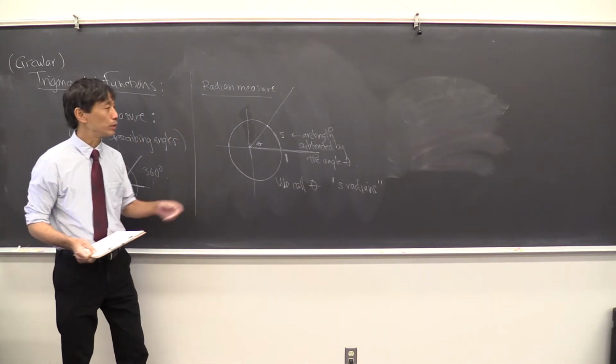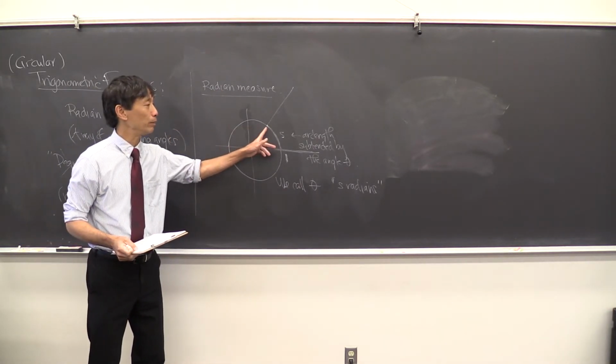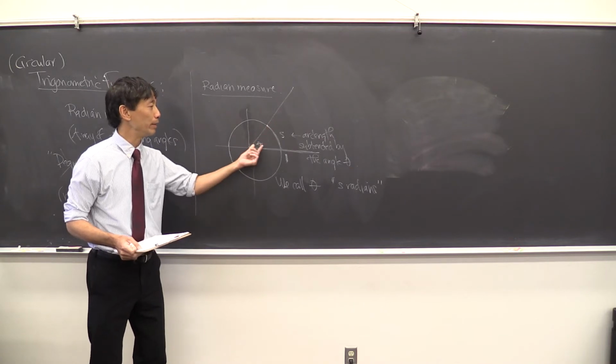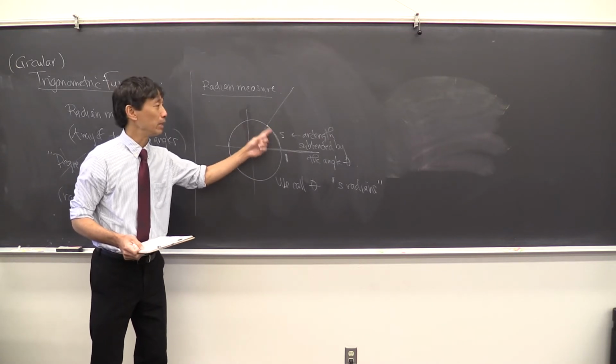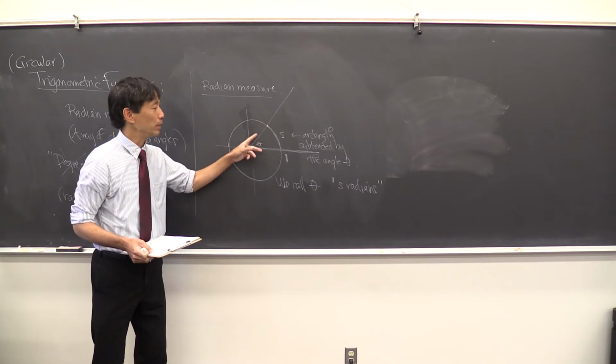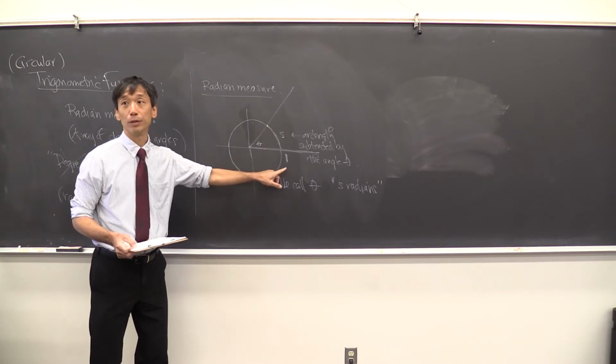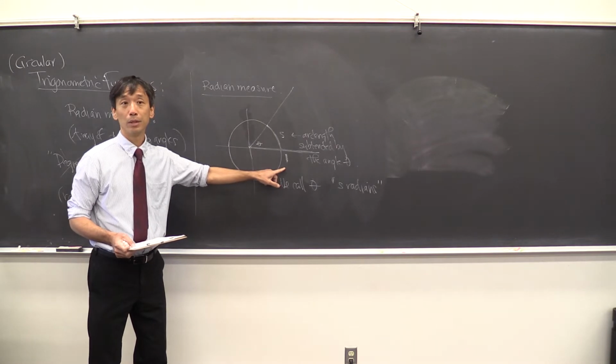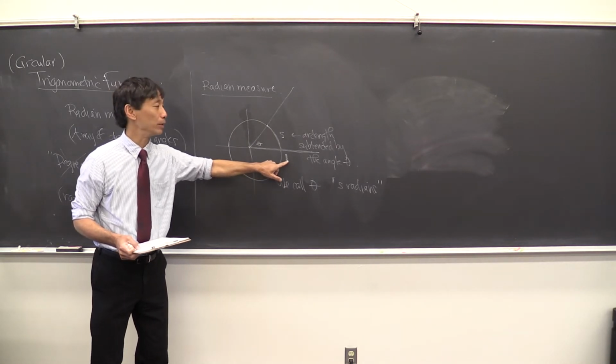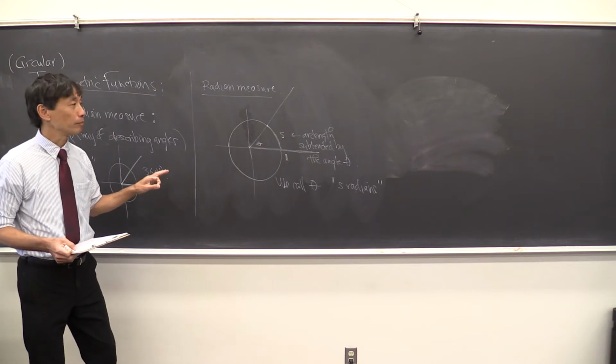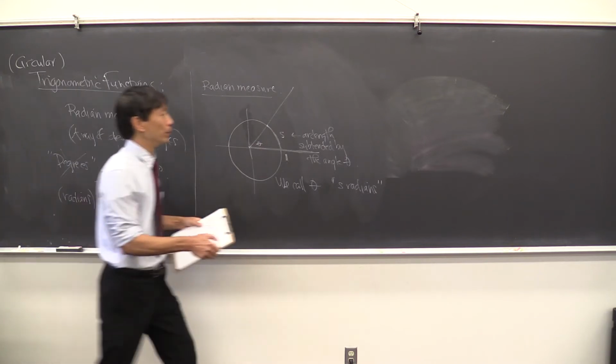Okay, so it's just the length. The number that we assign to theta is the length of the arc subtended by the angle on the unit circle. Okay, subtended by the angle on the unit circle. So for example,